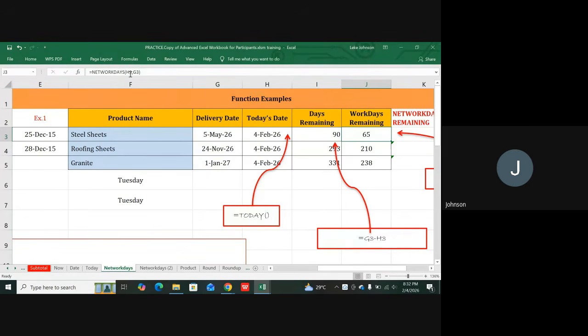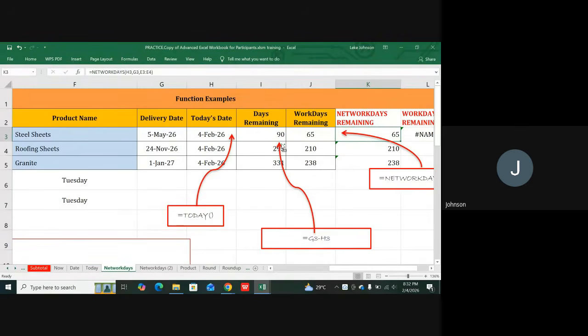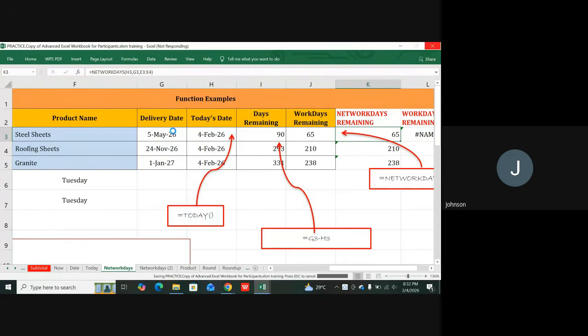So network days is telling you how many working days to that particular date you're trying to achieve. So that's how we're able to achieve all this. And I'm sure that you all understand it, and then we can move away from here. So you understand what I'm saying. There is a target date, a date that you are writing your exam,